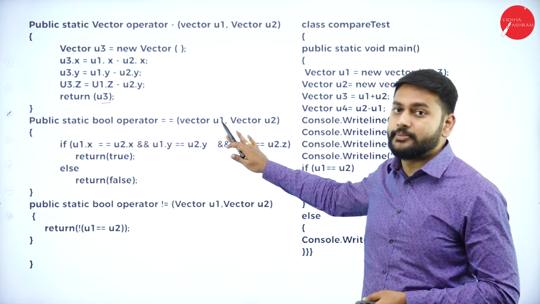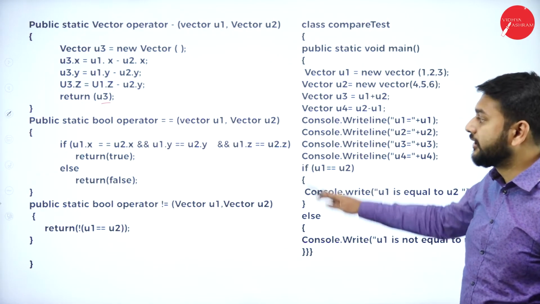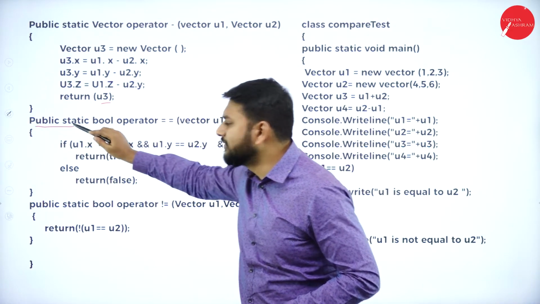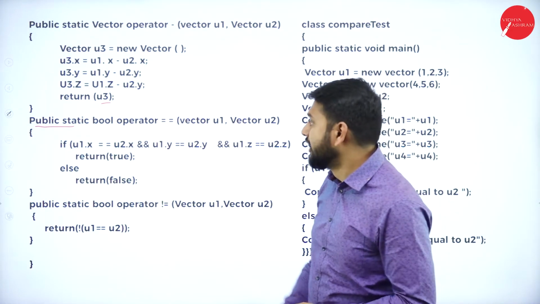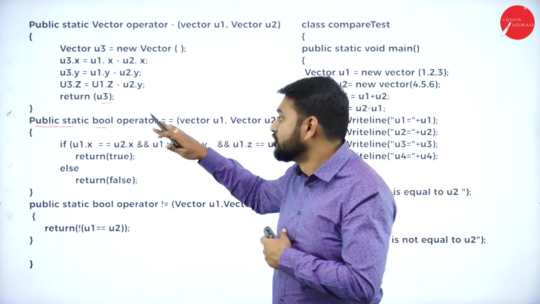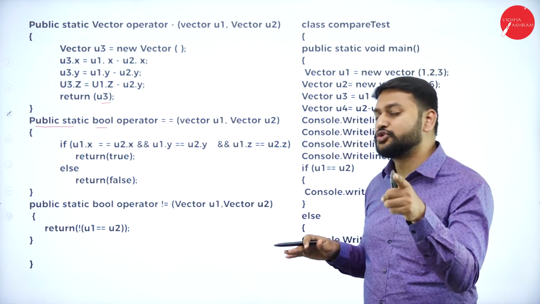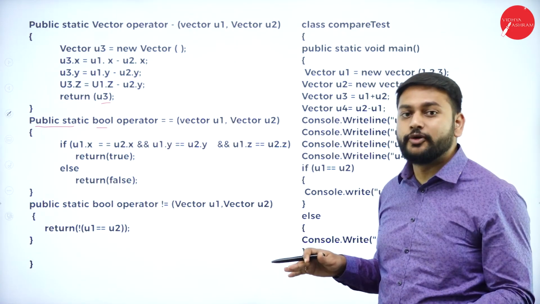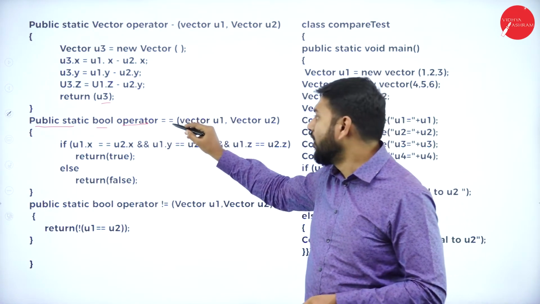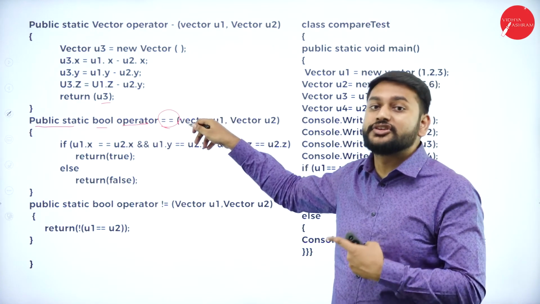Okay, so this is what you need to remember. So here and here we are trying to overload the comparison operator. So guys, you all know that public static is a keyword that we use, and then what type this method is returning. So it is returning a type like boolean, true or false. Your answer will be in the form of true or false, and obviously I have to use the keyword operator. What type of operator is this? Is equal to, you're trying to overload this comparison operator.